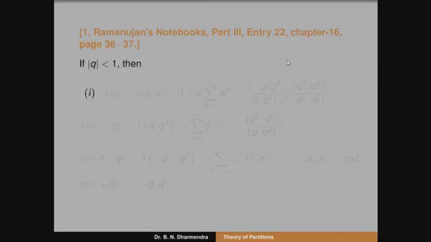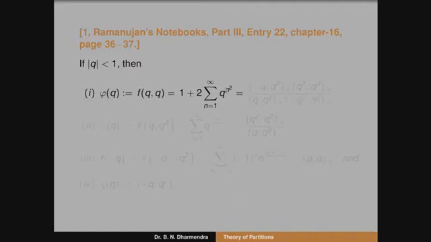The first special case of Ramanujan's theta function is phi of q, defined as f(q, q). That means when I replace a by q and b by q in Ramanujan's theta function, f(q, q) is equal, in terms of a series, to the summation n running from minus infinity to plus infinity of q to the power of n squared, or it can be written as 1 plus 2 times the summation n running from 1 to infinity of q to the power of n squared.